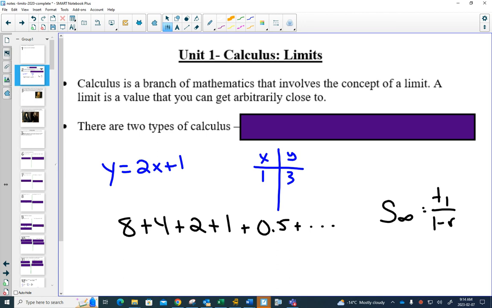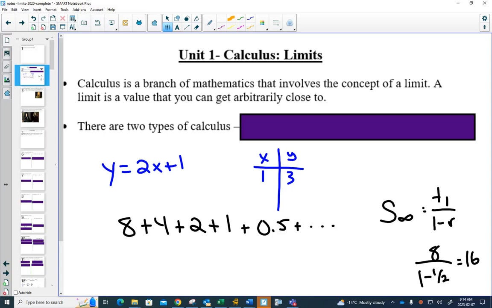And if I plug the numbers into that formula, my term 1, I walked 8 to begin with. I'm cutting it in half each time, so my R value is a half. If I evaluate that, that infinite limit says, if you do that for infinity, you will walk 16 squares. And it's really easy to imagine that because already, right, when I'm at a half and then a quarter and then an eighth and then